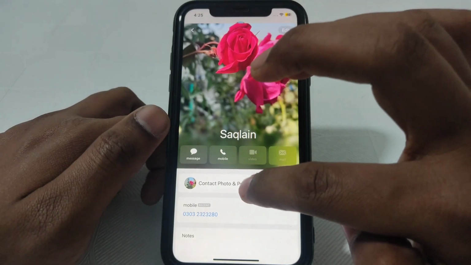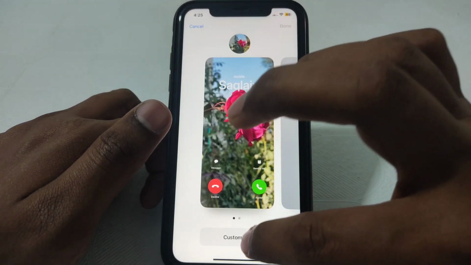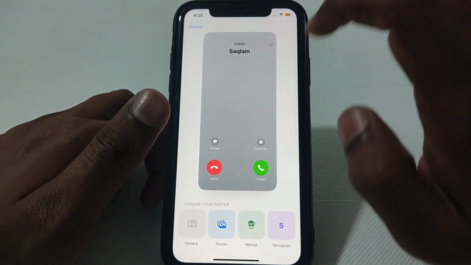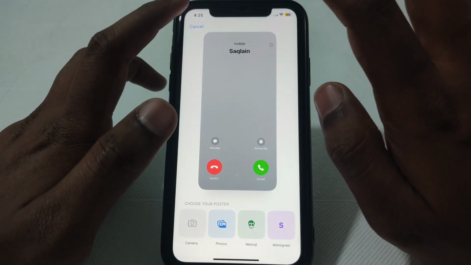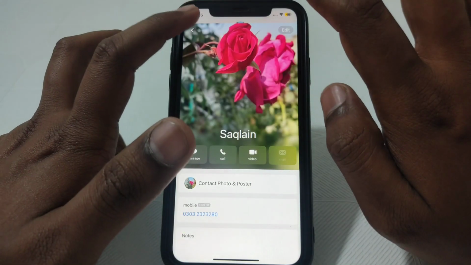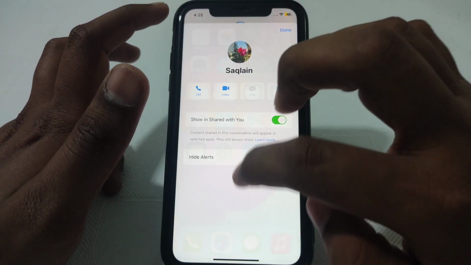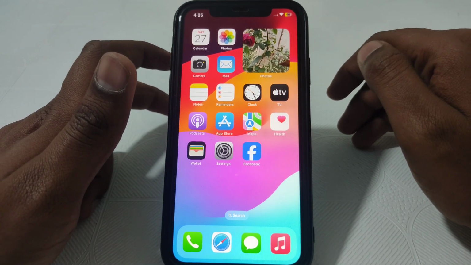For example, here you can simply change the poster. You have to click on that, and you can customize all the contact poster of that person. You can add photos and all other necessary things. If it is working for you, then it is well and good. If it is not working for you, then for the next step,